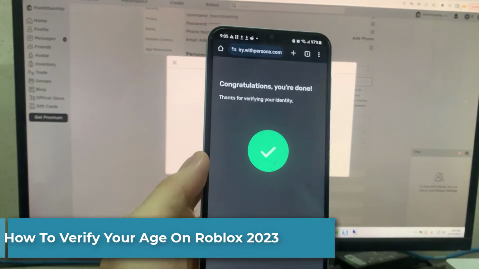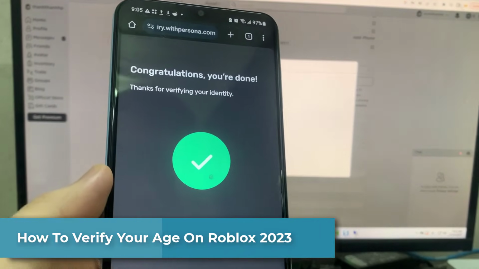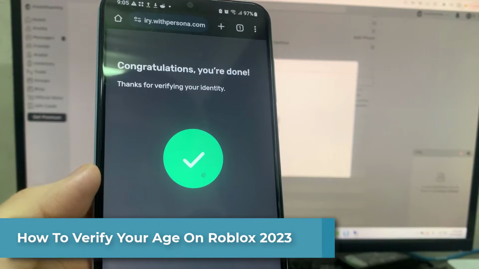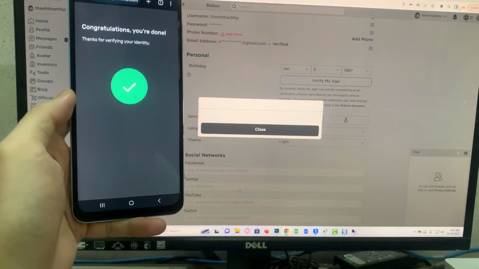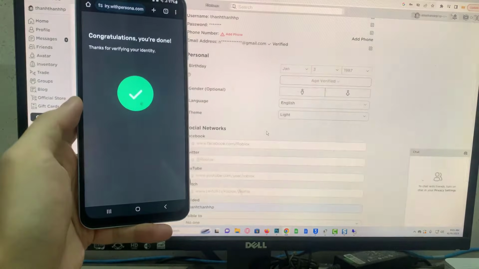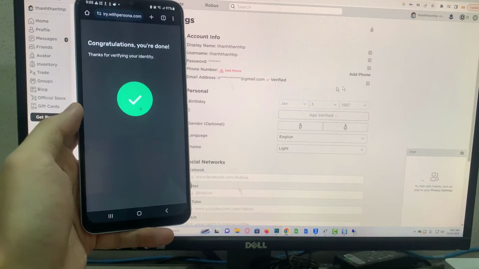Hi everyone. While you can still play the game without it, you might want to find out how to verify age in Roblox to access all of the features on offer. In this video, we will show you how to verify age in Roblox, as we have a step-by-step guide to